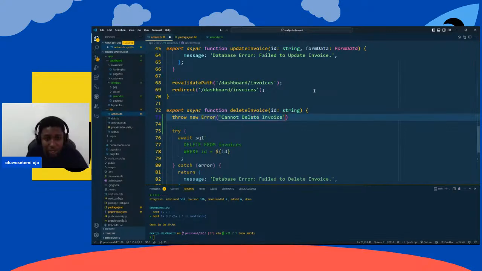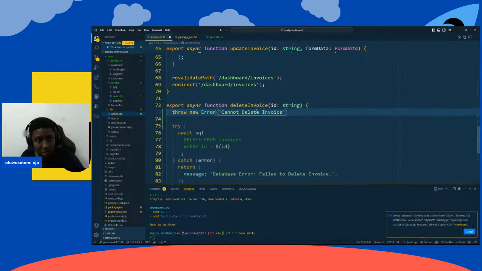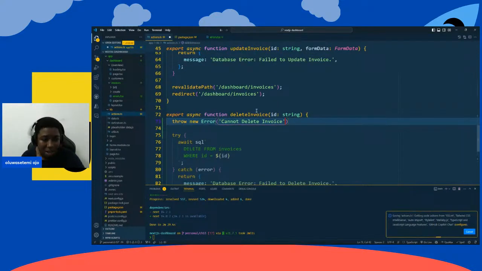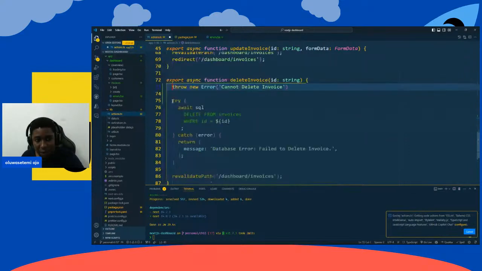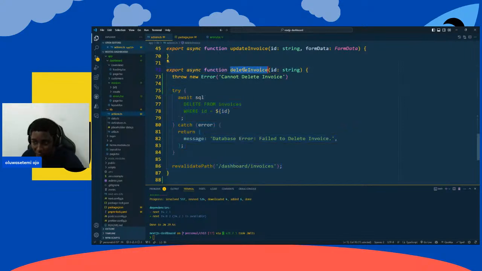I expect this to work. Since we are throwing here on this line, our code is not going to reach this line anymore. And anytime this action is called inside of the form, it's going to now